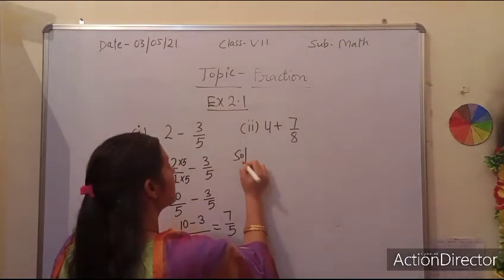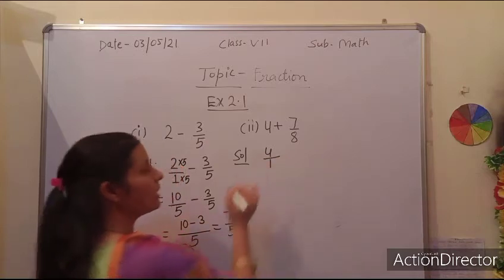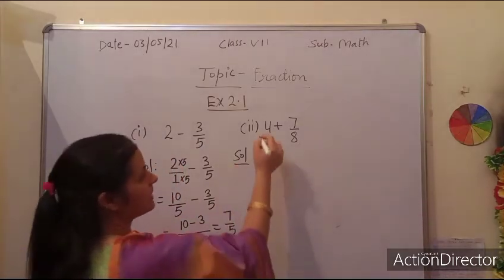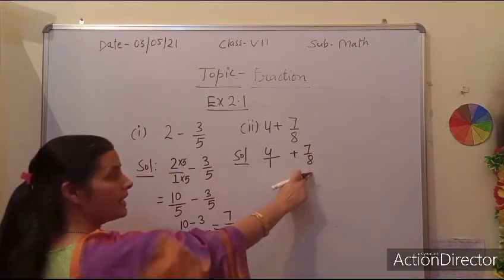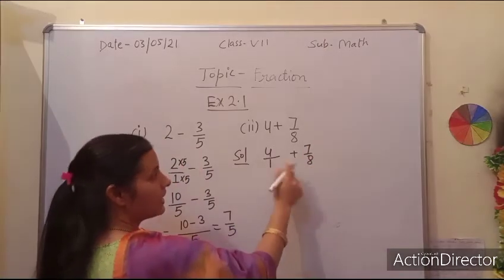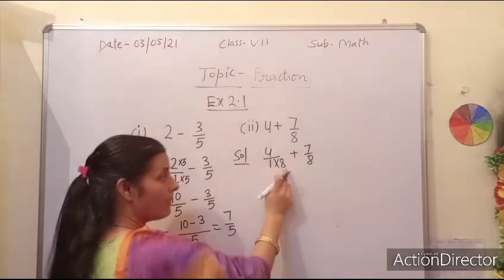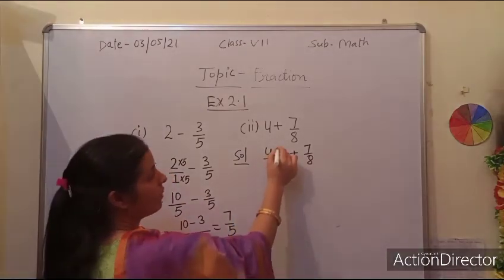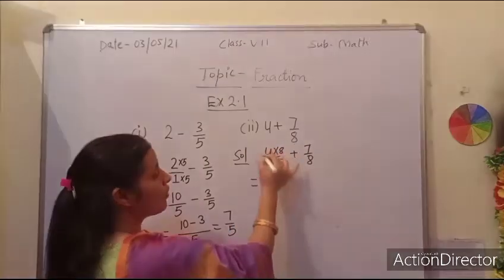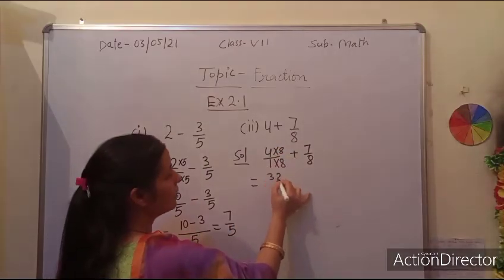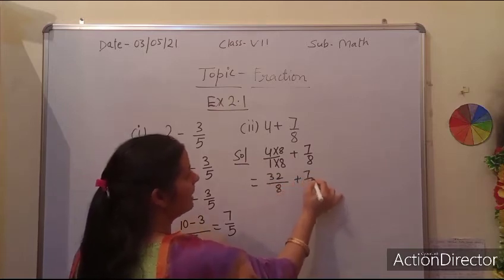Now, same process we will do here. There is no number in the denominator, so we can place 1 as the denominator, and 7 by 8 is as it is. Now 8 is the denominator, so we will multiply 1 by 8 to make it 8. Now we have to multiply the numerator also. Understood? So 4 8s are 32. Okay, 8 1s are 8, plus 7 by 8.